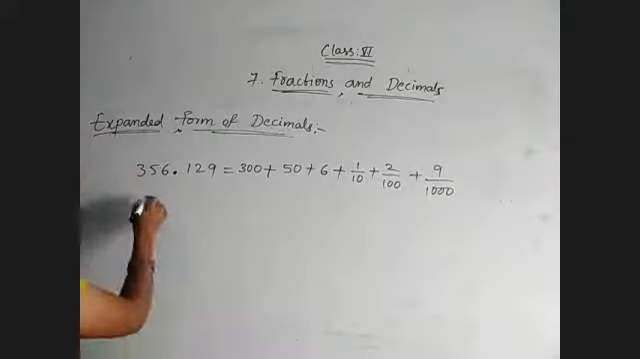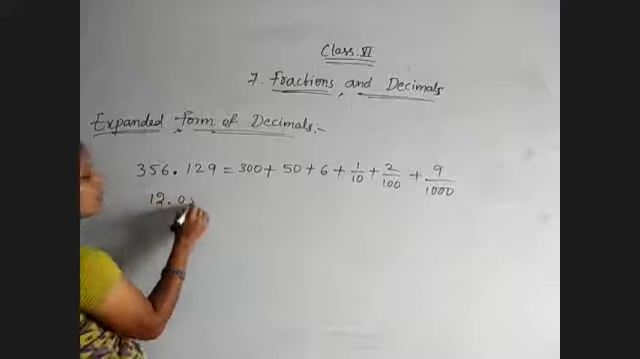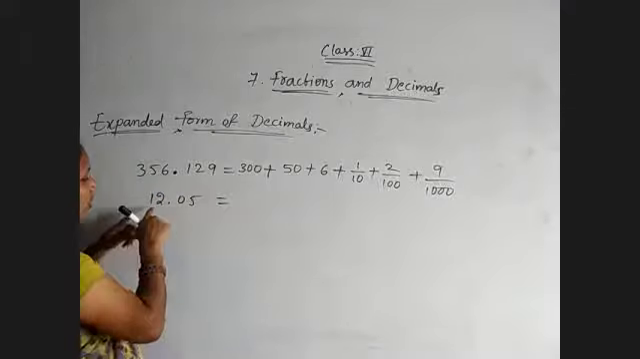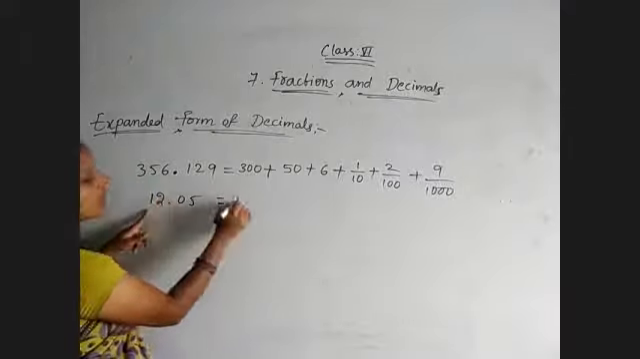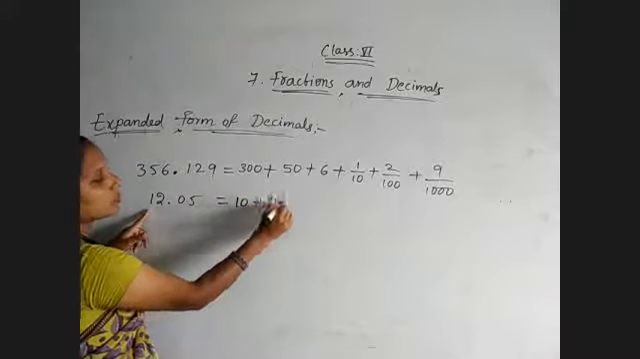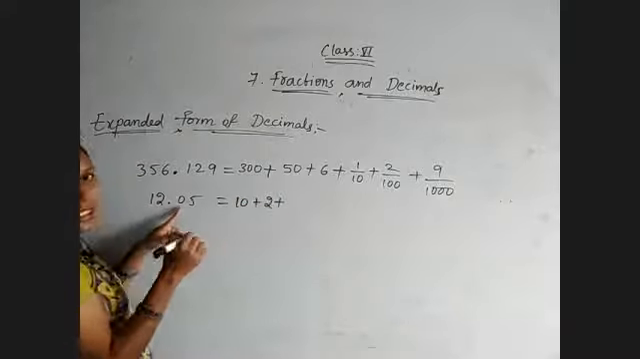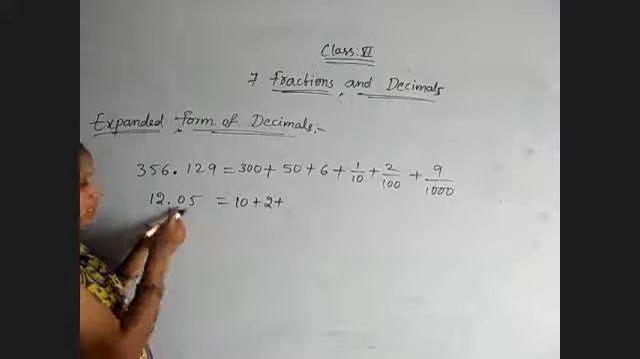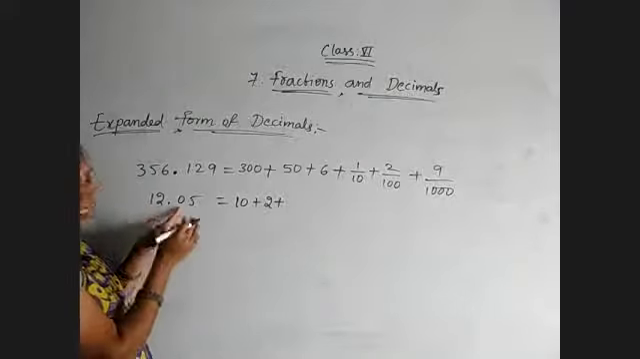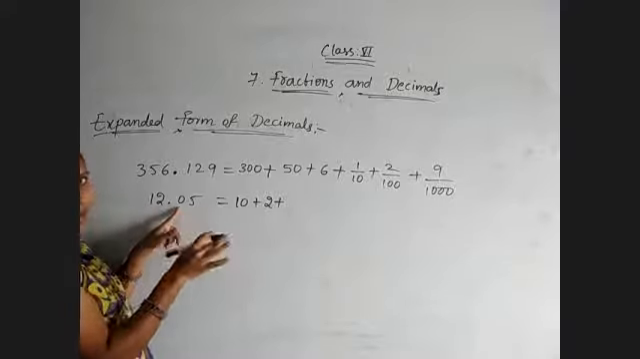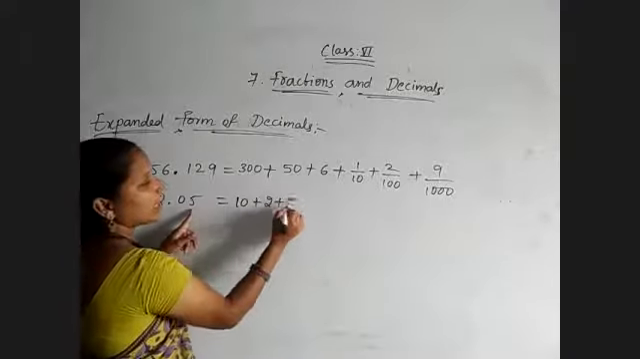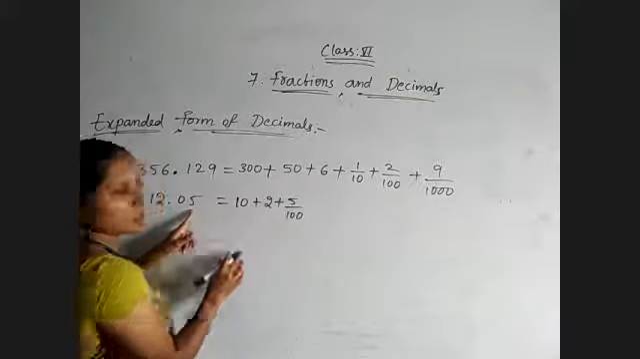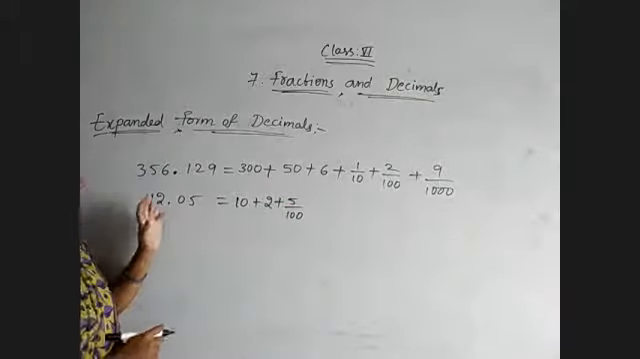Now suppose I have 12.05. 1 is in the tens place, so 10, plus 2, plus 0 in the tenths place. Because for 0 we don't have any place value. Place value is not there for 0. That means 0 by 10 is always 0. So 5 by 100. If you are not writing the 0 also, no problem. Now just remember,